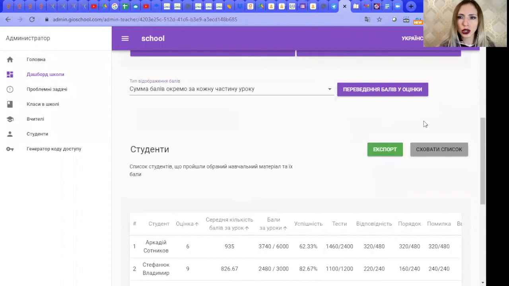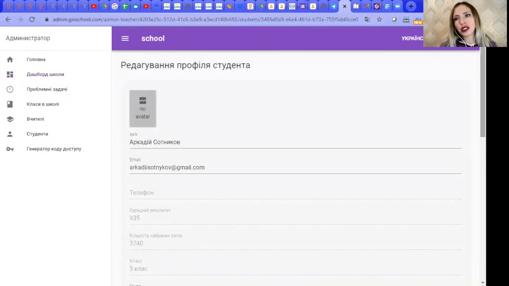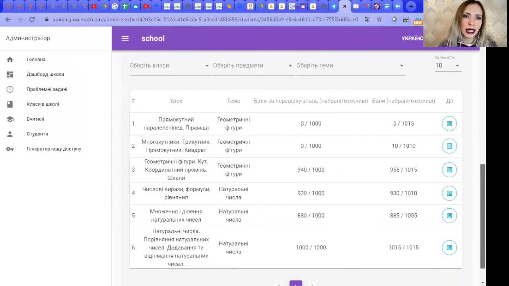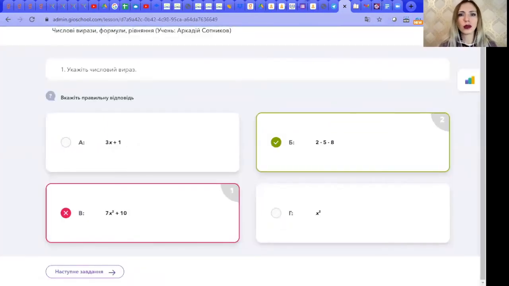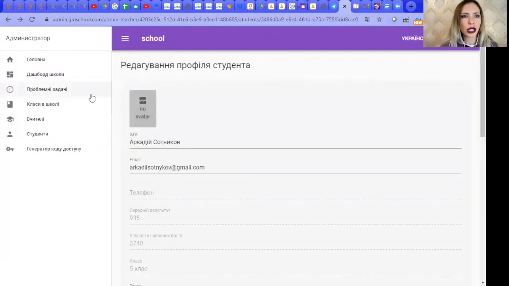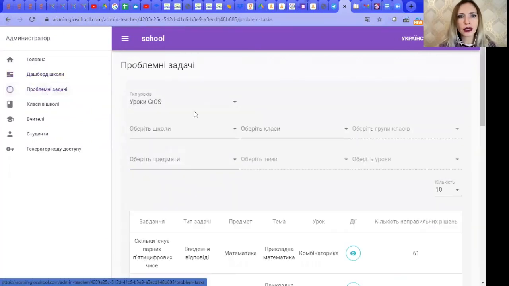In addition, I can go to each student's profile and see, first of all, in general, what lessons he did, what points he received, and if necessary, I can even go to a specific lesson, here you may see it, and see what and how exactly he did it. For example, let's choose this lesson. Here it is. In addition, teachers really like the most problematic tasks tab